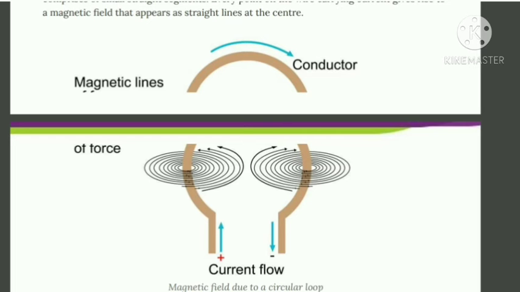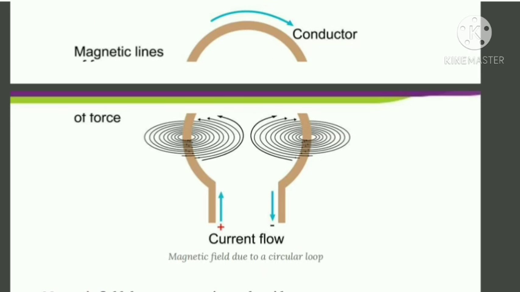Therefore, at this arm where the circular loop arm is connected to the negative end of the battery, at that side this is the north pole and this is the south pole. Therefore, magnetic field lines will show a clockwise direction. Why? Because you know that at the north pole magnetic field lines originate and at the south pole magnetic field lines end. So in the case of magnetic field line pattern, you will see that